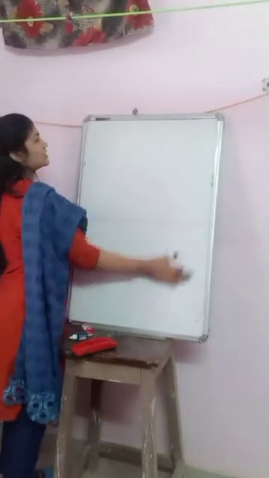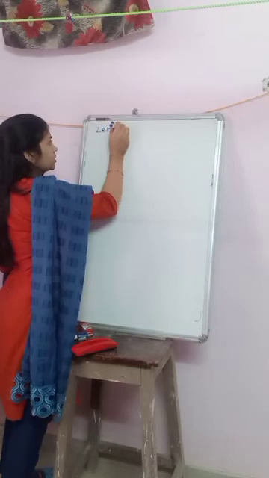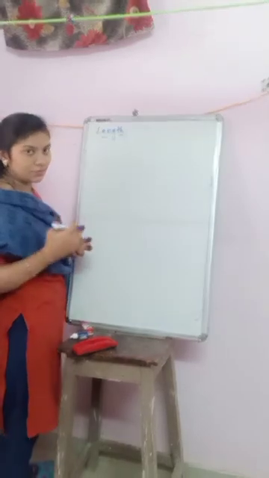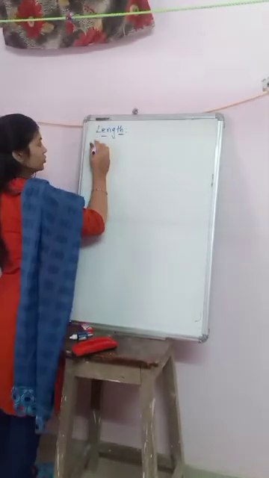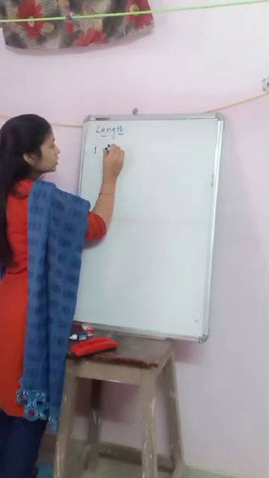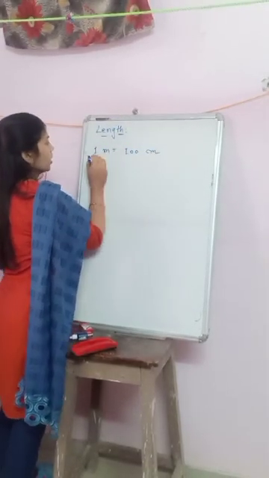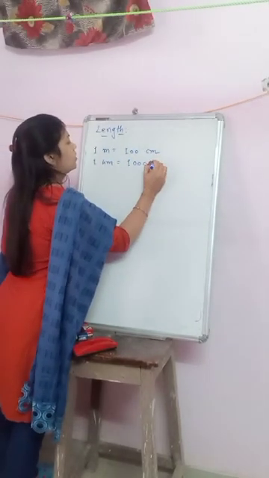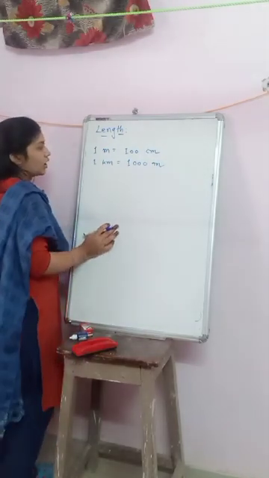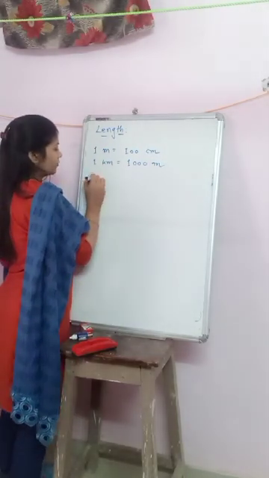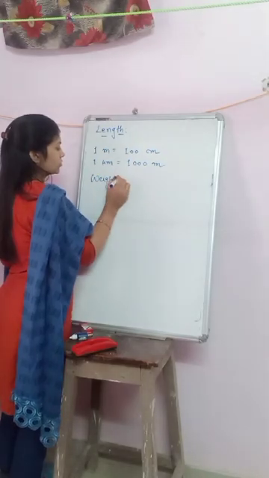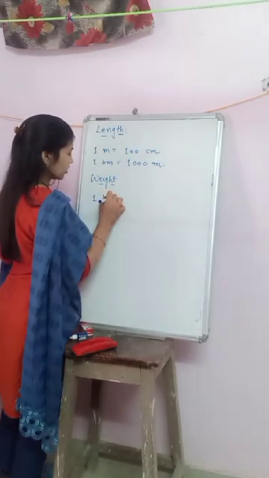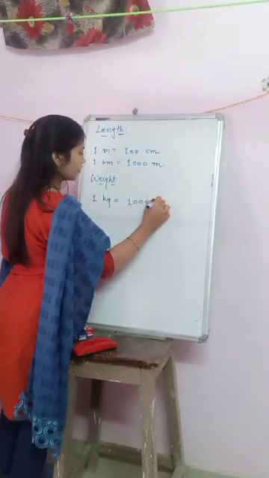So I am writing the last unit conversions, first length, जो आपको कंपल्सरी याद कर देना है, या फिर आप कहीं पे लिख दो ताकि वो आपको इजीली मिले और आप उसको इजीली याद कर सको. 1 मीटर इक्वल्स टू 100 सेंटीमीटर. 1 किलोमीटर इक्वल्स टू 1000 मीटर. Then weight, 1 kilogram equals 1000 gram.